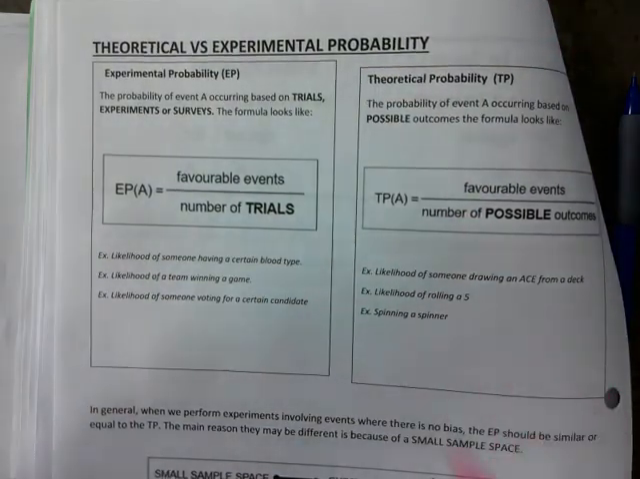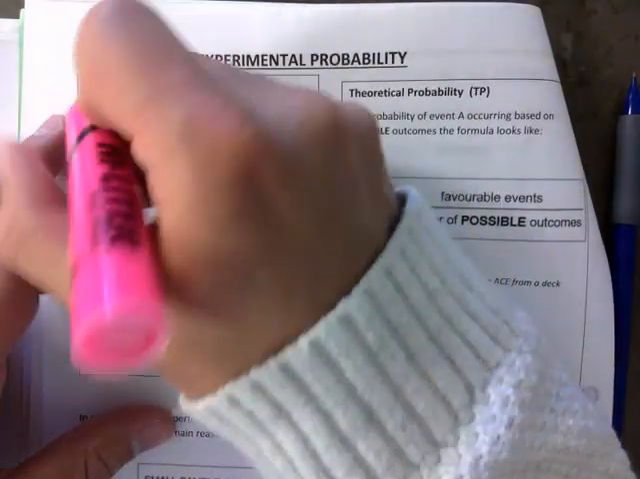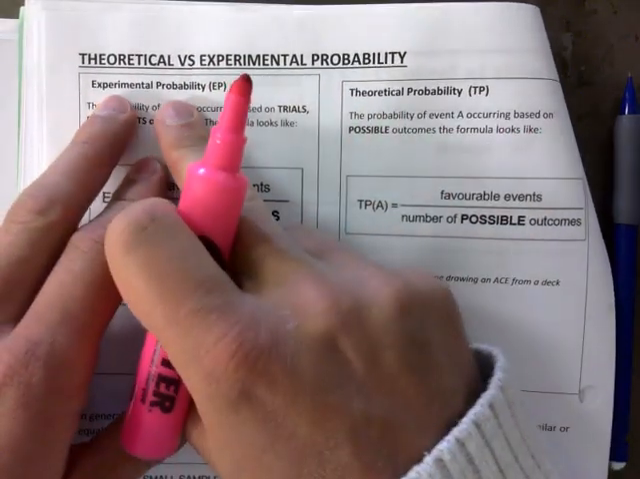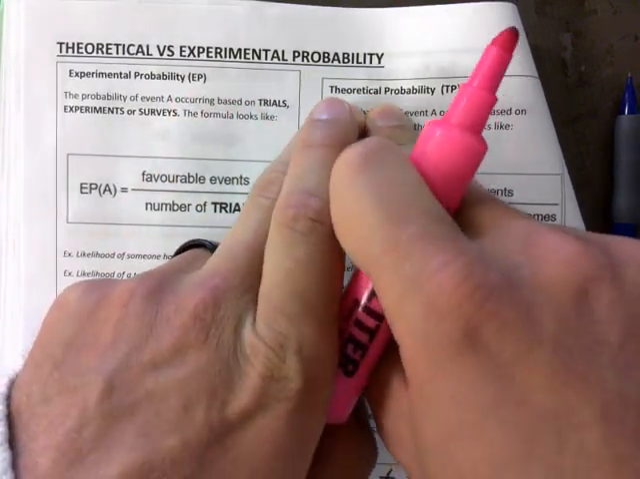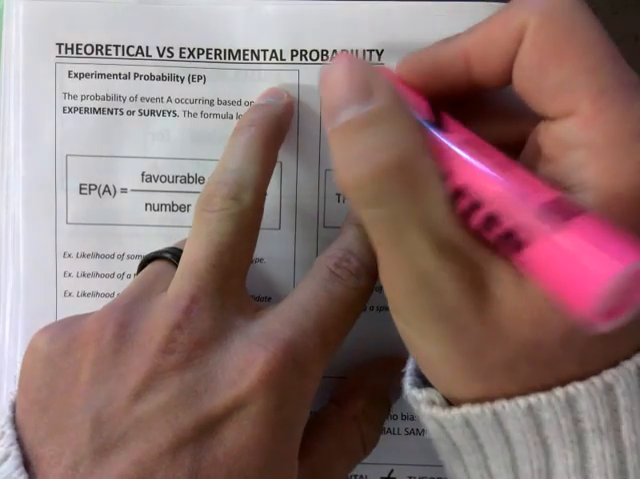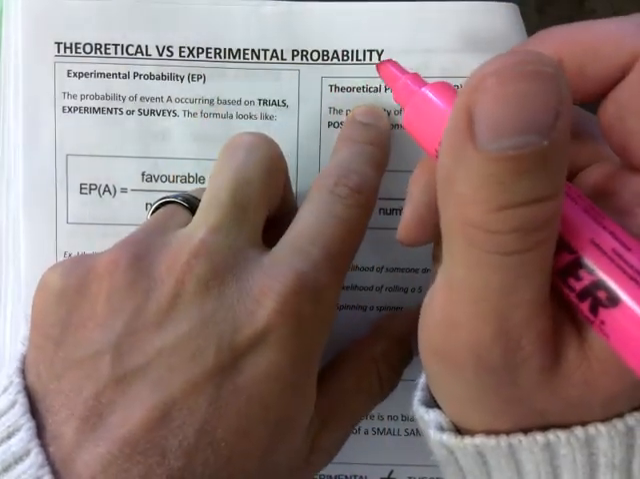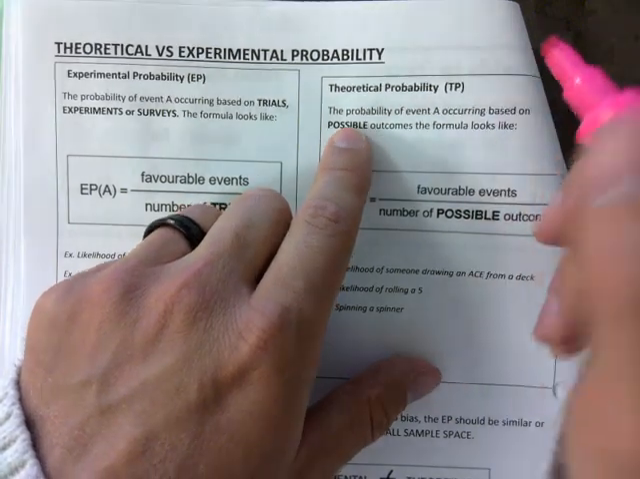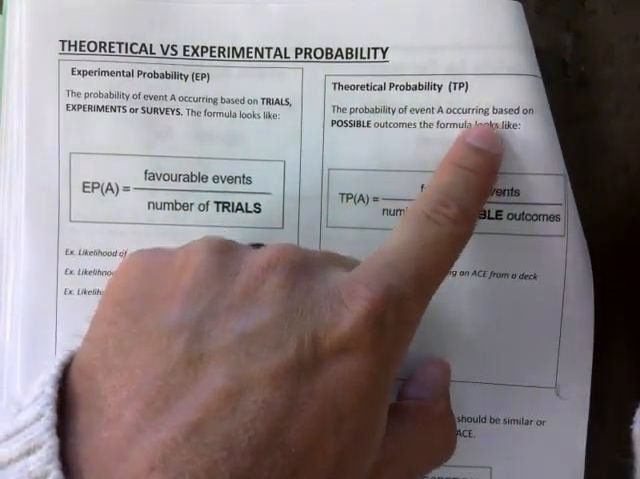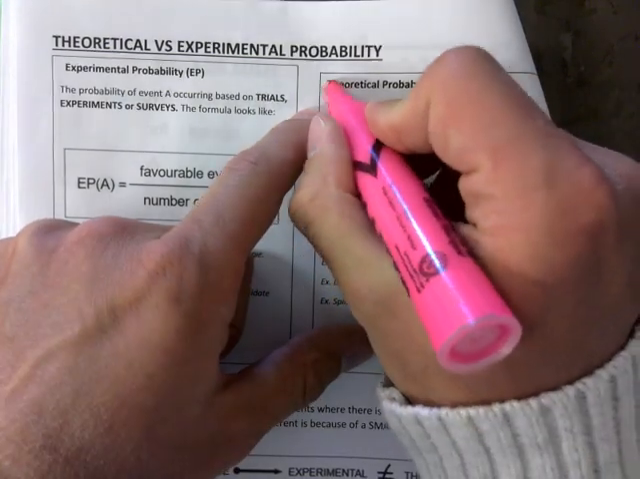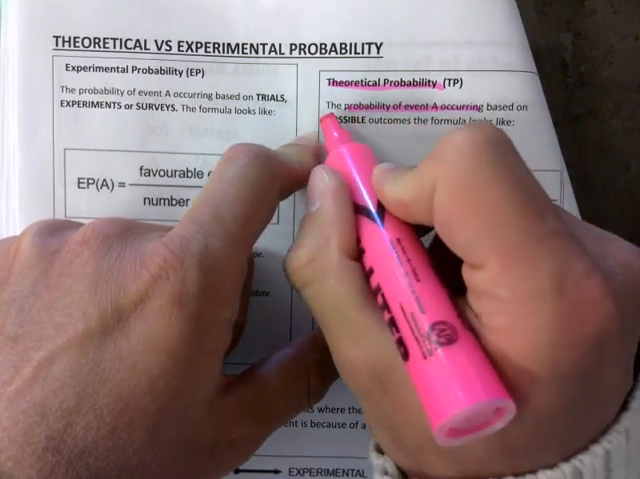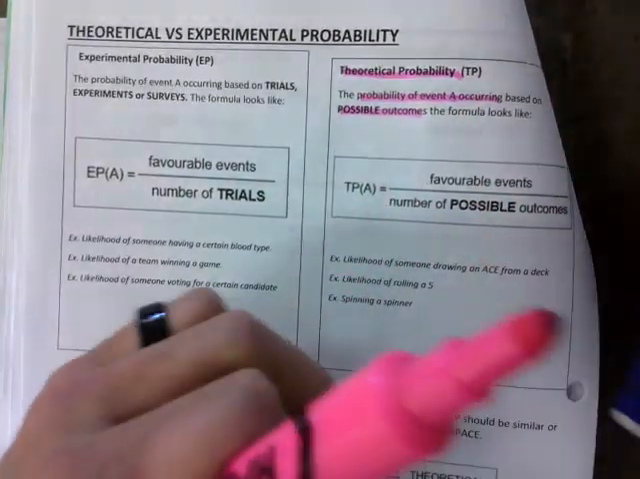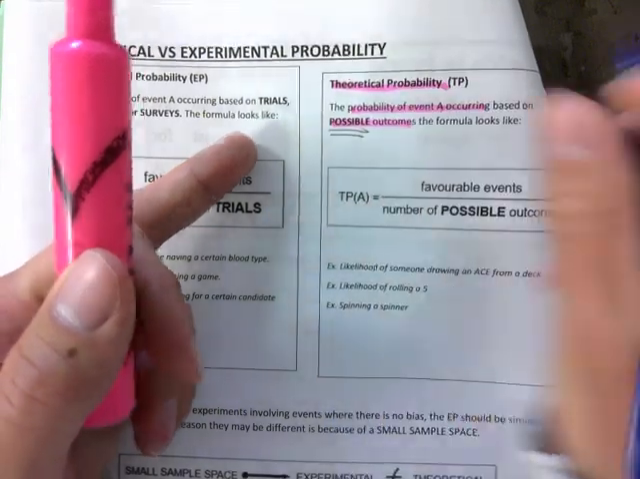So far, we have been dealing with, so there's two different probabilities, right? So there's theoretical and experimental probabilities, right? So they sound complicated, but every probability that we've been dealing with so far has been a theoretical probability. It's what we are predicting is going to happen, right? So theoretical probability is the probability of event A occurring based on possible outcomes, right? So the key here is possible outcomes,